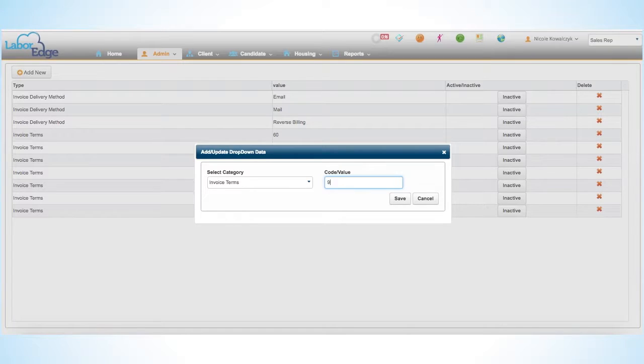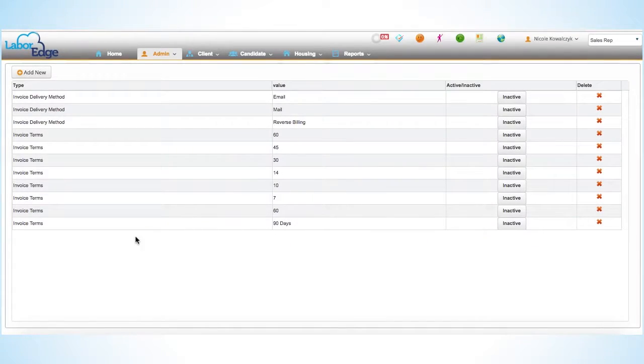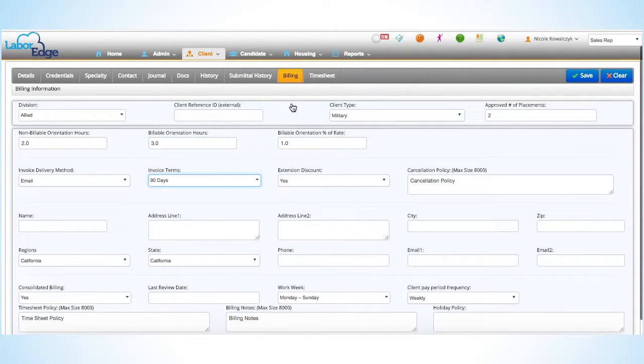So I may say that 90 days is how long the client has before they have to pay the agency back from their invoice. And I'm going to click Save, and you can see that the new option is generated below at the bottom of the list. So when your sales rep goes into their client profile, they'll click on that billing tab, and